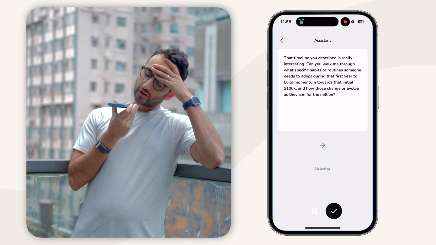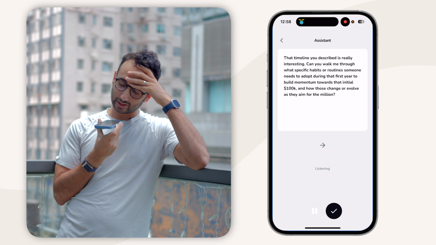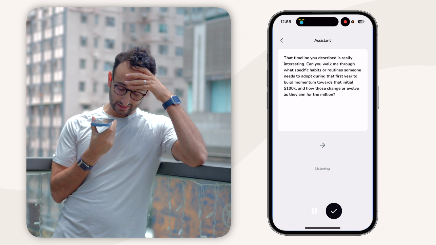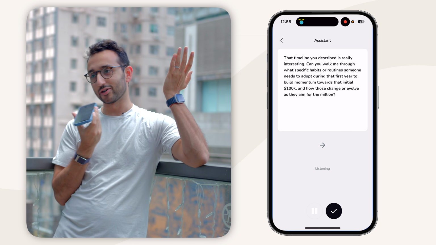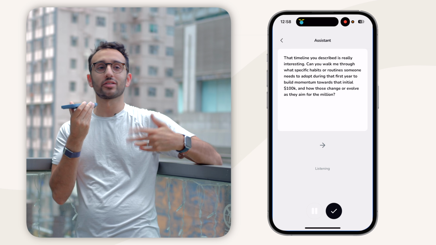Okay, so initially, to be honest, I think the habits and routines are actually fairly similar. I think for someone to do this properly, they need to put in 10 to 15 hours a week, possibly more than that at the start. But again, it's a sliding scale, right? We're trying to build a lifestyle business where the whole idea is that you're able to put in as much time as you want to.